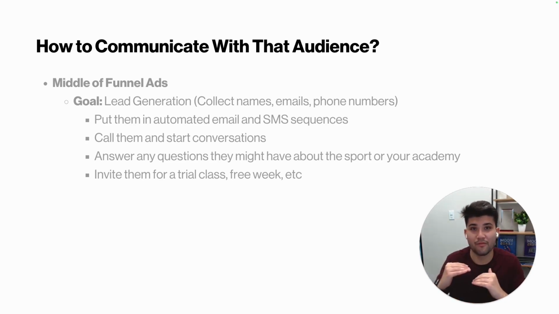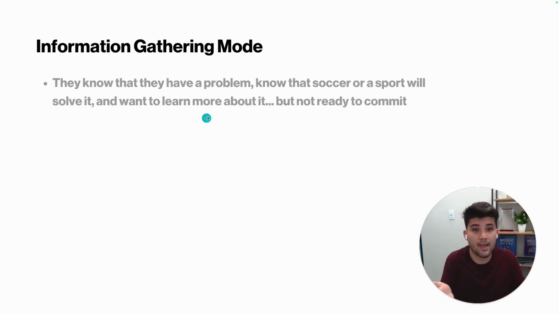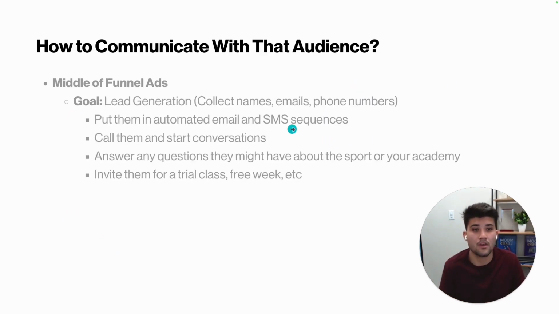So how do you communicate with that audience? Well, with the middle of the funnel. Start nurturing them. Your goal here is to have conversations with them and nurture them. The only way you want to do this is by generating leads, okay? And that's where soccer leads come into your business to help you do that, okay? Generating leads is basically targeting a specific area in your town, in your city, where your target audience is located, and getting them to opt in with their contact information to receive more in-depth details about your program and answer any questions they might have, right? They're gathering information. So they're willing to put their name, email, phone number, name of their kid in a contact form on your website or on a social media ad to get that information.